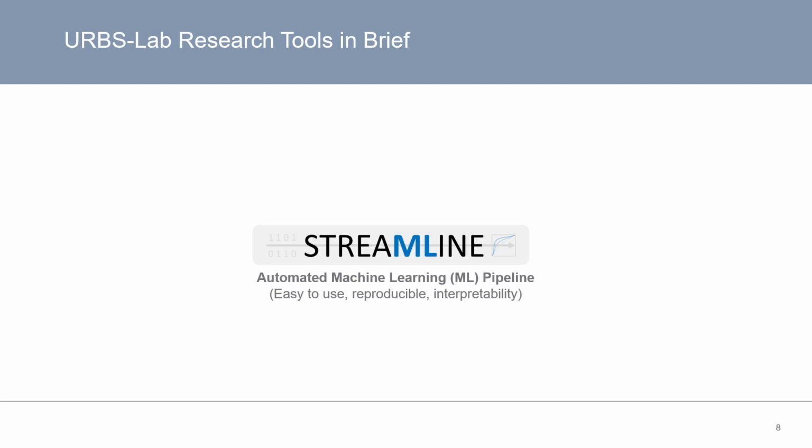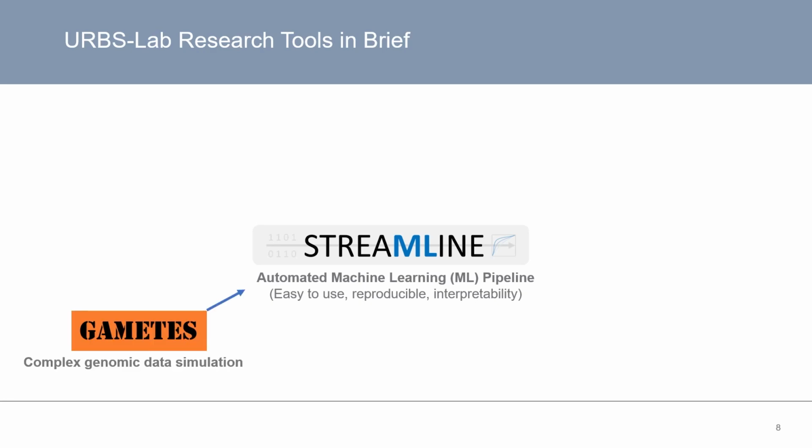research. Now I'm going to briefly introduce you to some of the key algorithms, software, or tools developed and in development within the URBS-Lab. Currently, the central hub of our research program is our automated machine learning pipeline tool called STREAMLINE. This project focuses on making machine learning easy to use, reproducible, and interpretable. Next, we have our software GAMETES, a program for simulating complex genetic data. This software allows us to create controlled, yet diverse and complex simulated data to test, evaluate, and compare our machine